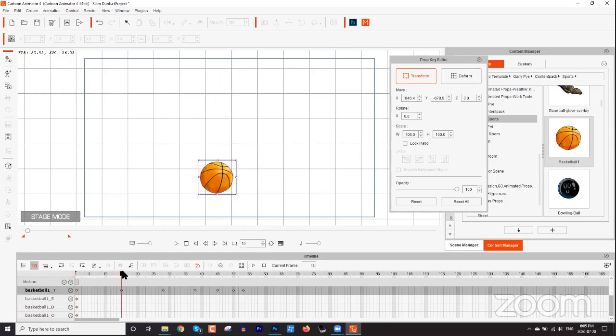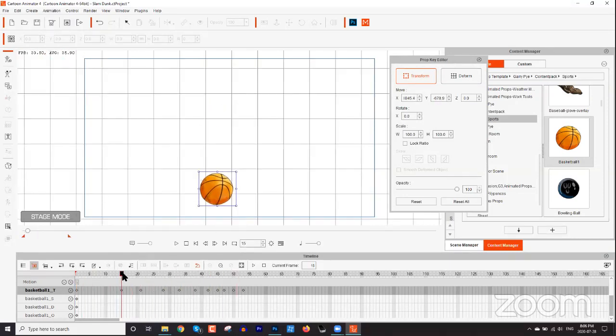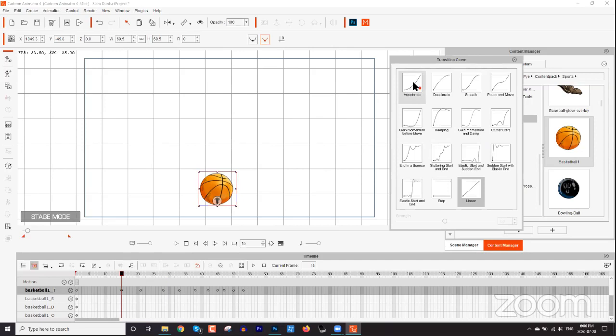And so bounce, and then here it'll bounce up, and then down, and then up, and then down, and then up, down, up. All right, so just kind of leave it like that. So boom, boom, boom, boom. Okay, good enough. And then obviously what you'd want to do again is that process where it's transition curve,